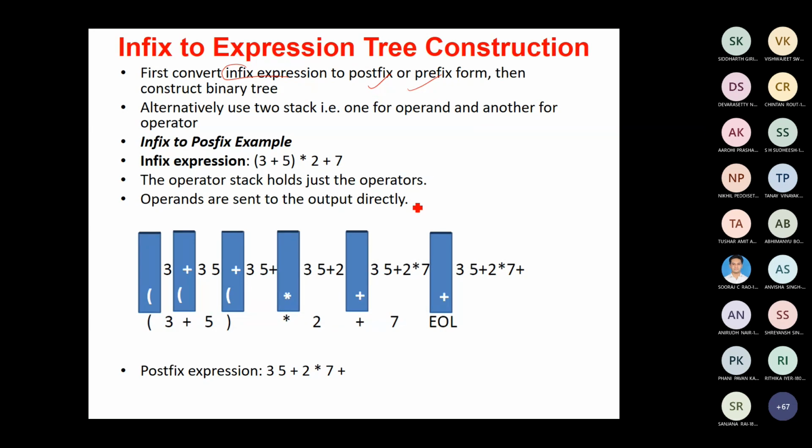Okay. So this is an example which we are given. You already learned about conversion of an infix expression into the postfix form or the prefix form in the linked list class. So this is the given infix expression. You can make use of the algorithm to convert this infix expression to the postfix form, so that whenever this algorithm is executed, finally you will get a postfix expression of this kind. So 3, 5 plus 2 star 7 plus is nothing but the postfix form of the infix expression 3 plus 5 into 2 plus 7.